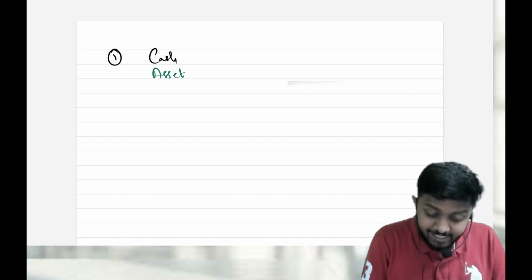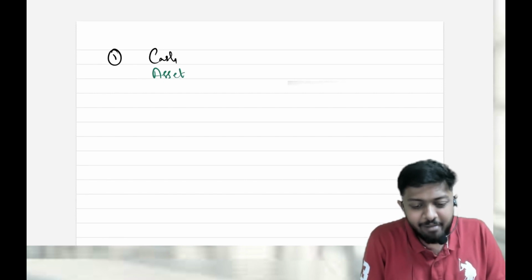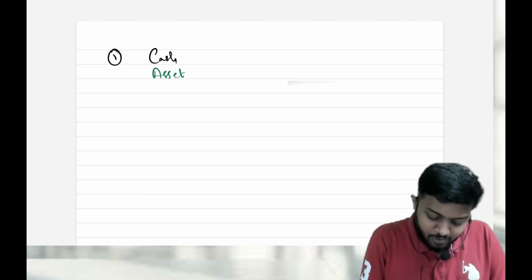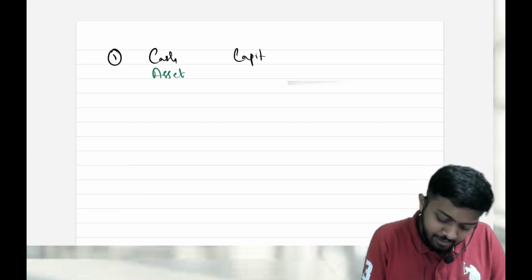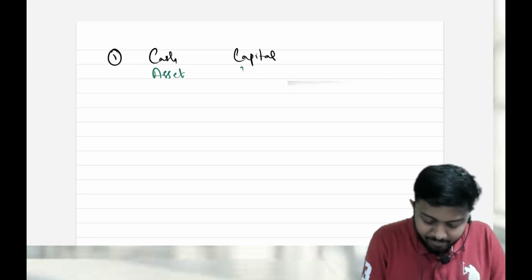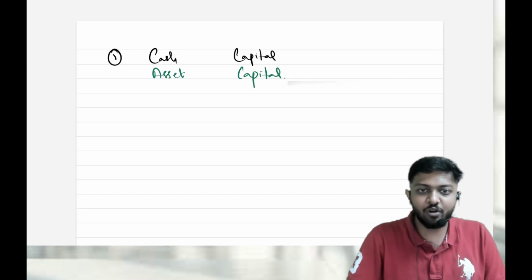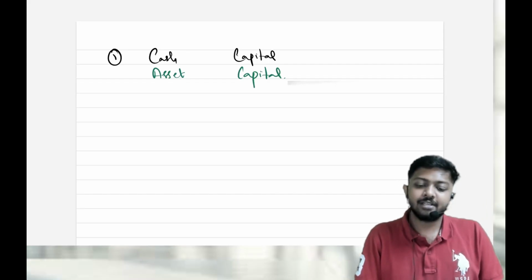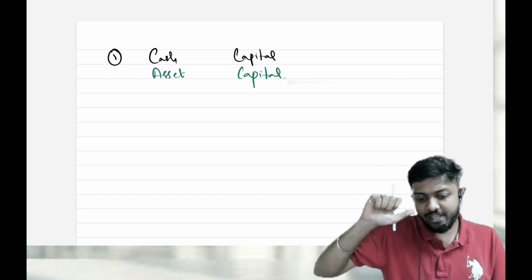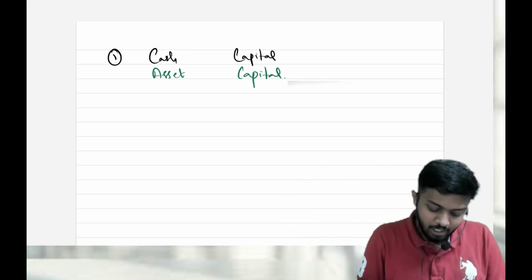Then one more aspect is capital, that's liability. That's like liability towards the owner. So that is also increasing. Capital. What is the aspect of this capital? It's capital only, no? It's an aspect. Just now we have told, no? The five aspects in accounting are assets, liabilities, income, expense, and capital.